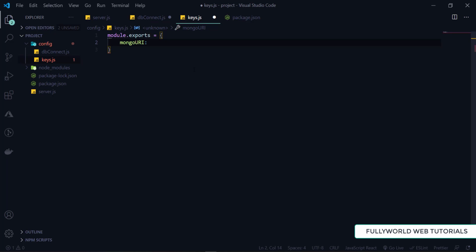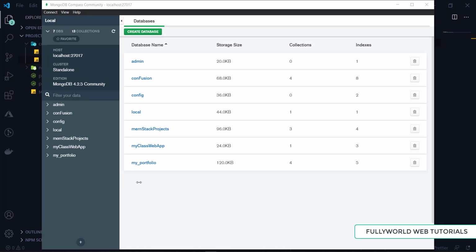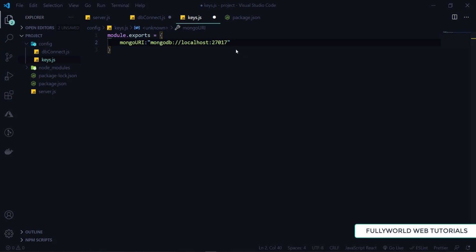So Mongo URI, and that will be our MongoDB. Since we are using a local server here, so localhost, and in the localhost, our port is 27017. See that when we check it here, our port is 27017, so this port we are using here. After that we have to pass our database name that we will be using. So the database name that we are using is